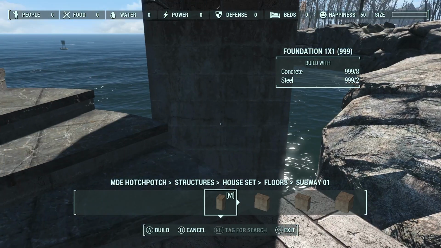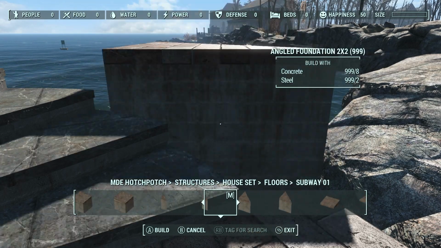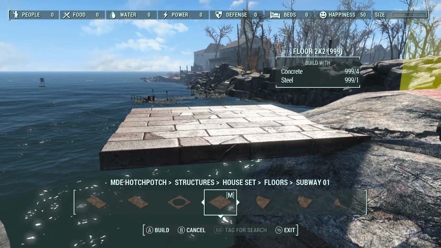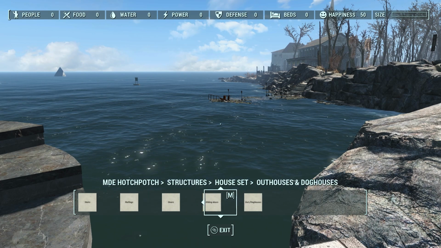Not so fast. Back in. Create just a few more floors just to kind of play around, because sometimes you have to mess around with this kind of stuff in order to find what works and what does not work. So, now that we've done that, let's go back over to...